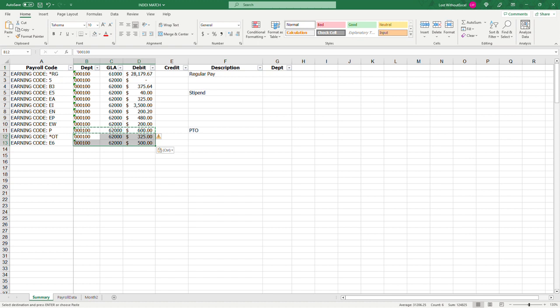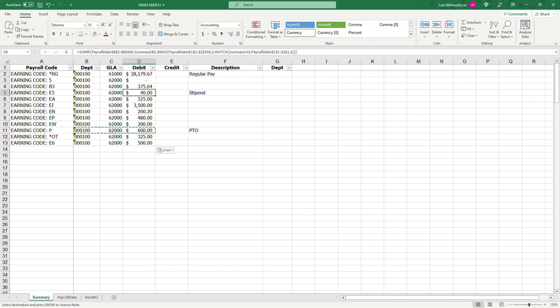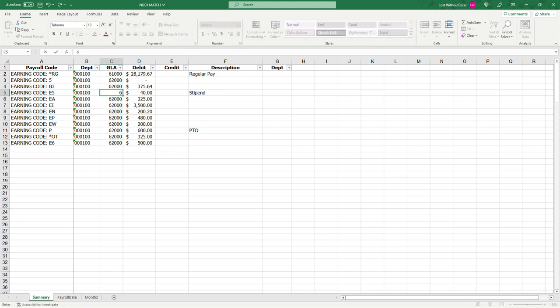And all we have to do is manually put in the department and the GL, but in terms of going and finding it, we've only had to do this formula once. Now, there are some cases where some of these might be negative codes, so you might need to change the direction. But the other nice thing about doing it this way is, let's say that for Department 100, we set up all of the codes